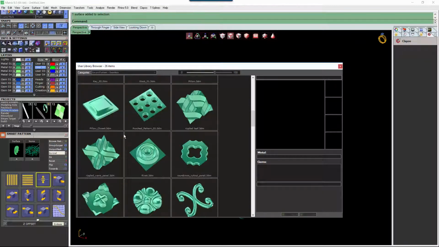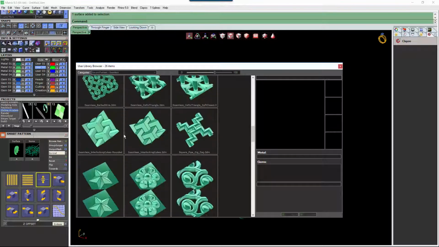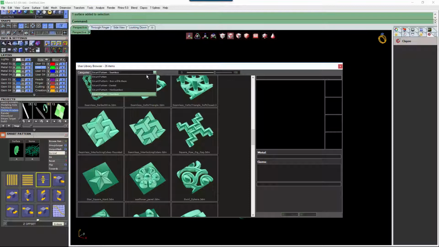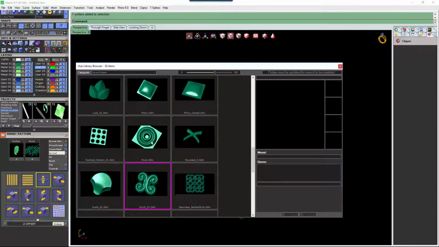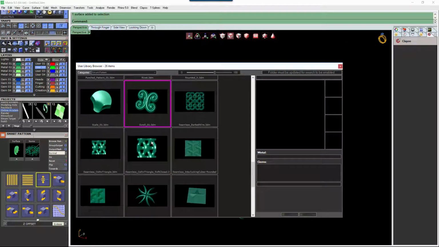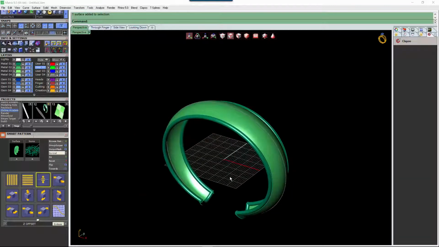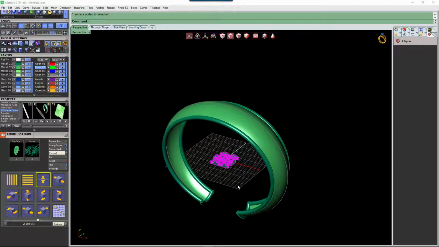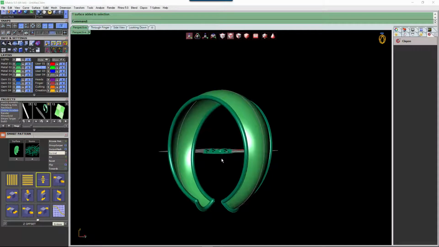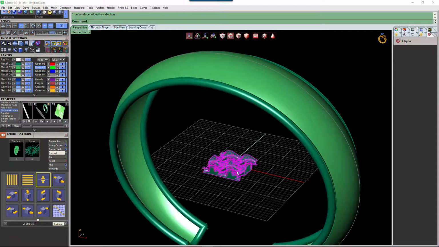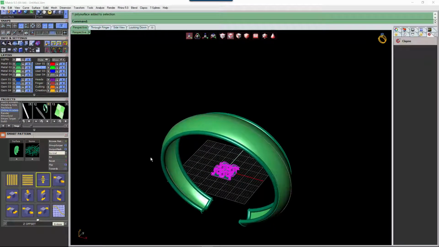That'll open up this library, and I can search through here. We've got a few different categories for our smart pattern that you can use, and we'll try this Celtic triangle here, and click on import. What that's going to do is position our pattern out here in our viewport. So now I can take that and put that into my items box,